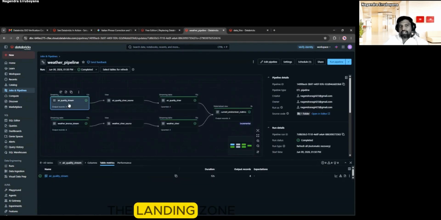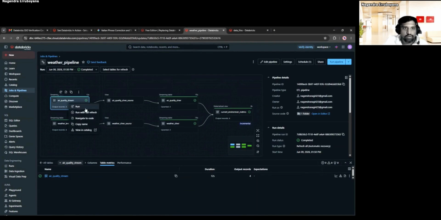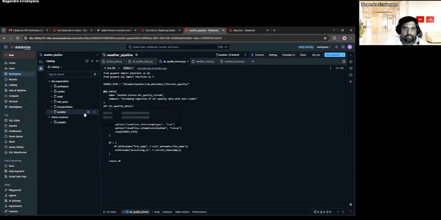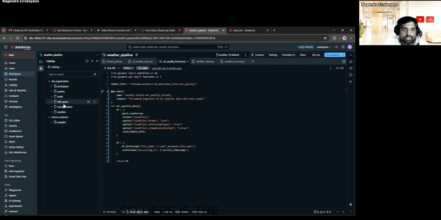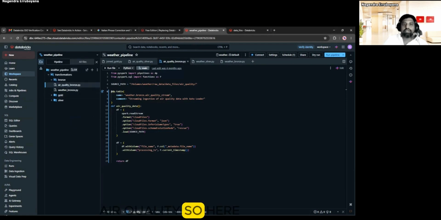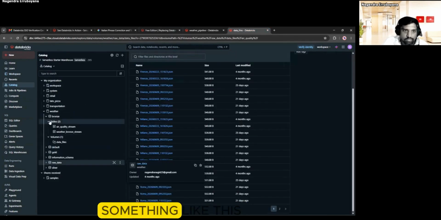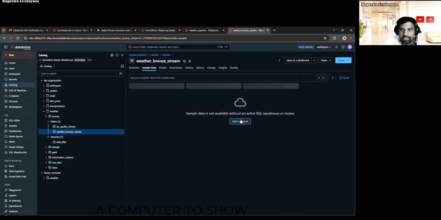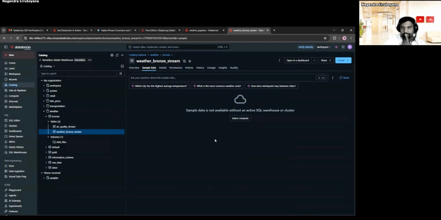Once it comes into the landing zone, here is the air quality. This is the source path that I have shown you previously, and we will be creating a table using these files. The table looks something like this, the weather quality table. For sample data, I'll select compute to show you the data.